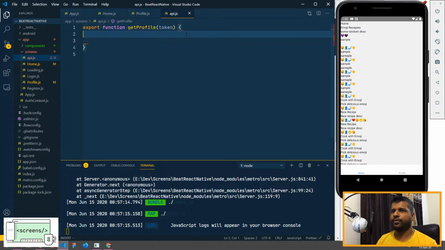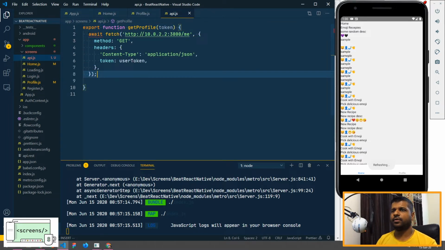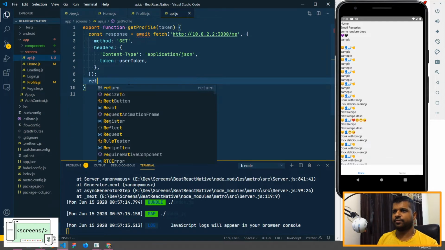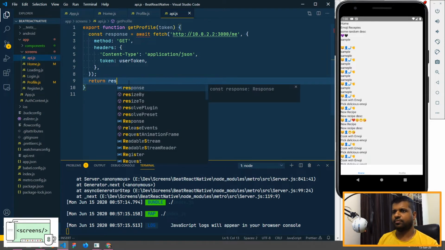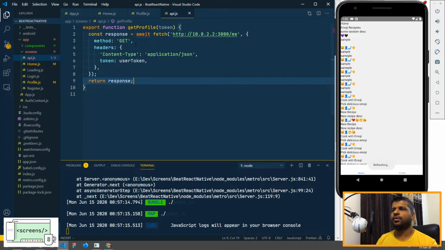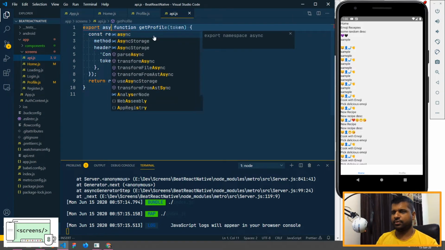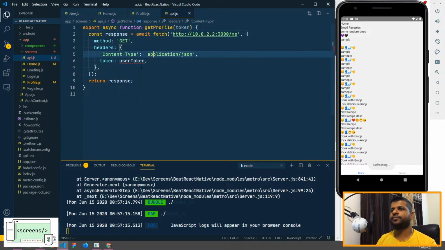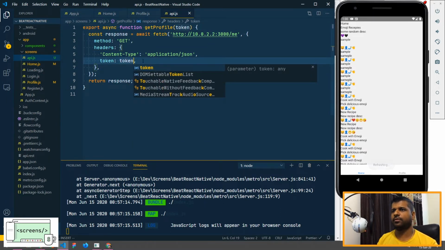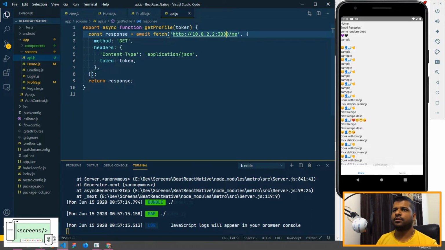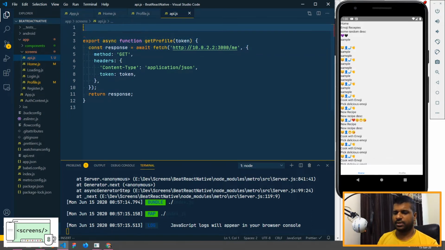Okay, and then return the response. Okay, and we need to change this to async function, and user token will be the token. Okay, good. So also I'll just create a construct called base URL,